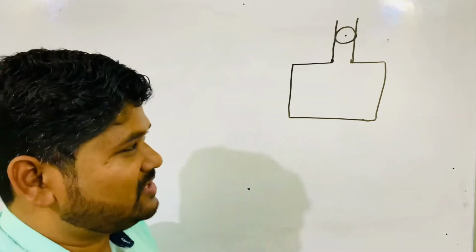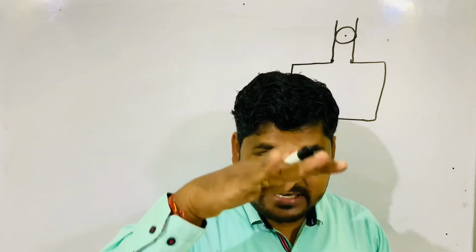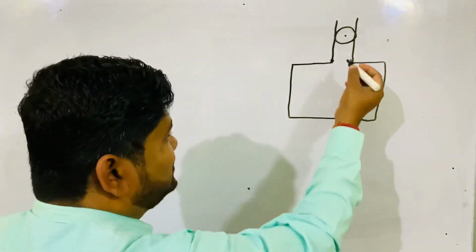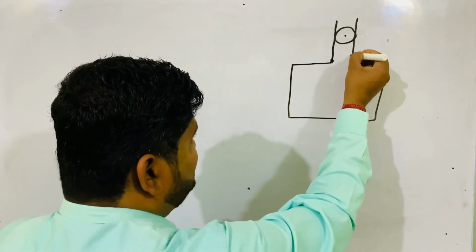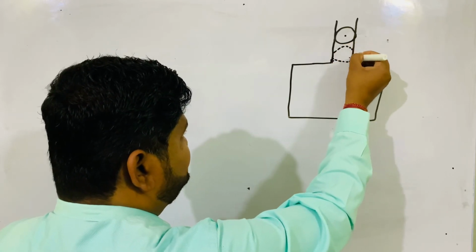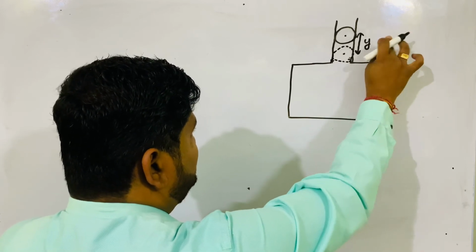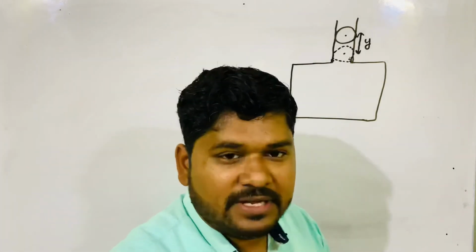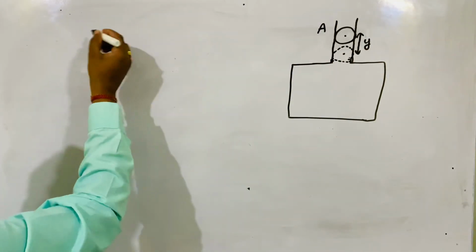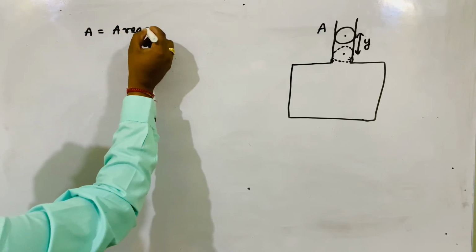It is a hydro-thinking question. So what will we do to see the oscillation? We will push it a little down. Now push it a little down. If you push it a little down, it will come to this position, suppose. How much displacement do you give? You give y displacement, no problem. A is the area of cross section of the neck. Ball at the neck of an airtight chamber, you write the heading here. A is equal to the area of cross section of the neck.